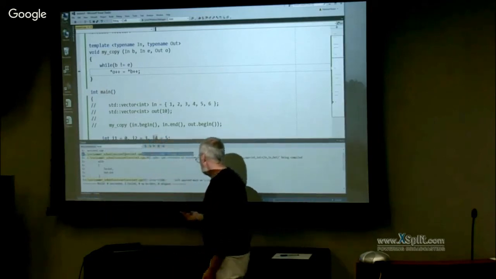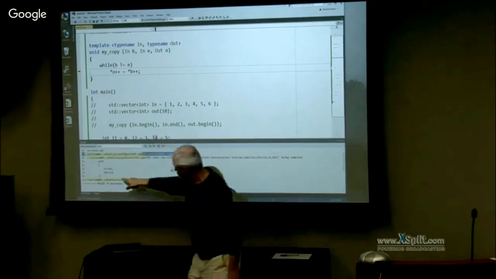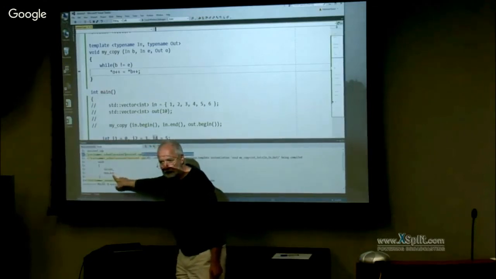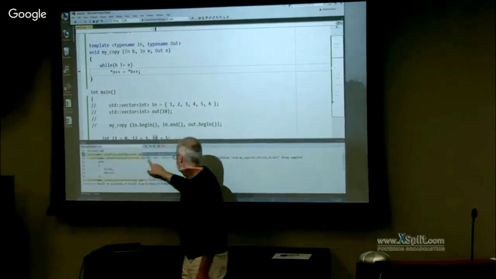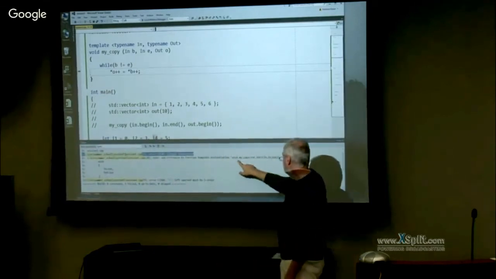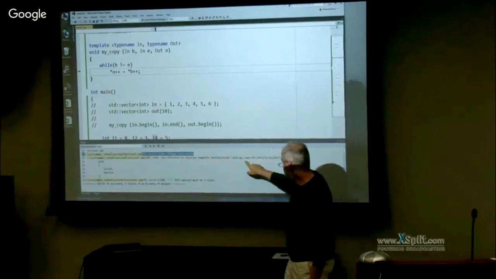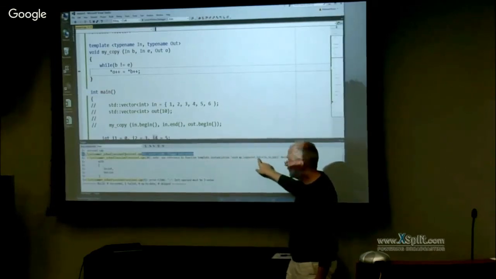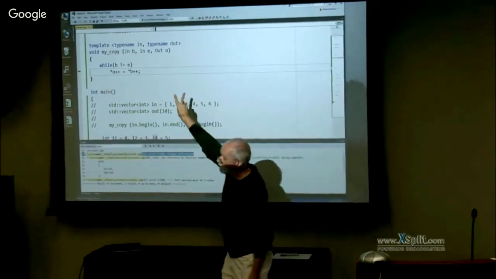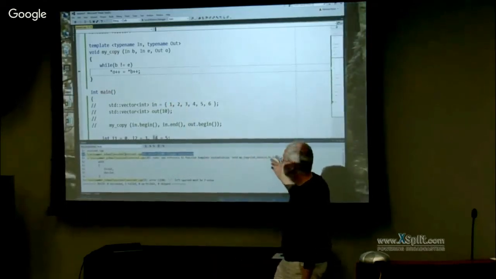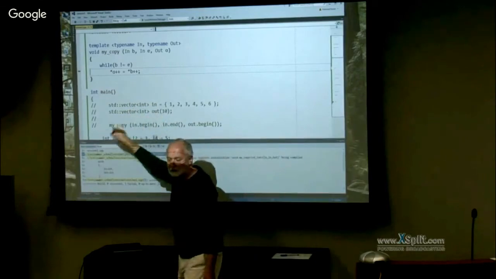So the compiler was deducing integers, and it's telling us that it's deducing in as being an integer and out as being an integer. And here you have it explicitly written, right? See reference function template instantiation my copy int. So the two template arguments I'm supplying are int and int. And that can't work because ints don't support indirection. They don't support dereferencing.